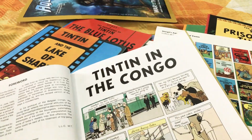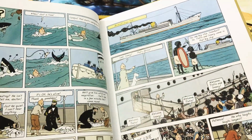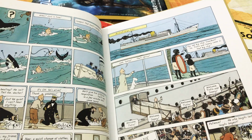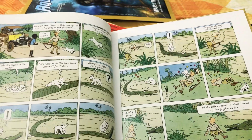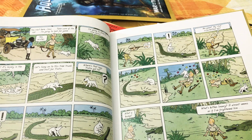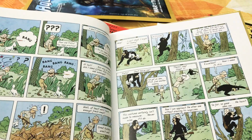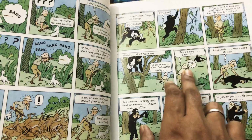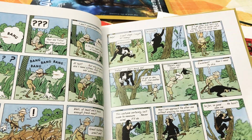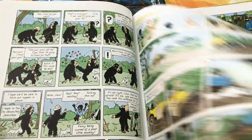So I went through this book and I read the adventure. The panels are obviously similar. This is one of the first books that Hergé had written, and you could clearly see the black and white comparisons made in reference to these books. A lot of adventures involving animals. Obviously, it has to be because it takes place in Congo. Where else? As you could see, the kind of cruelty to the animals keeps going, and even Tintin gets to be part of it. So that way it's not very child friendly, I would say, but